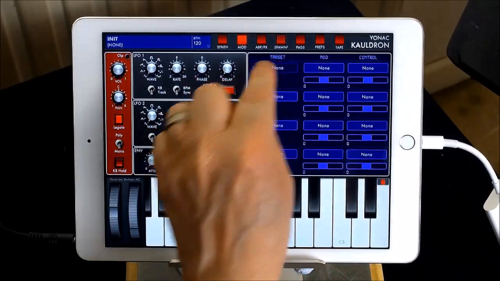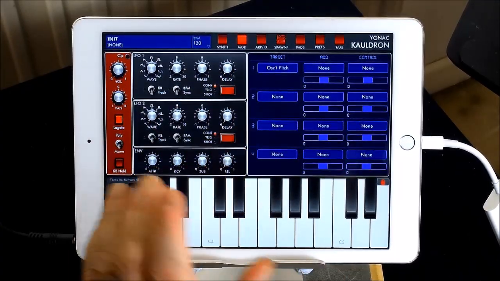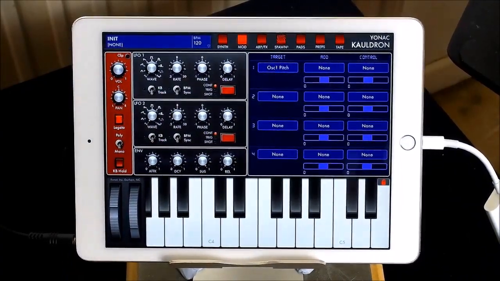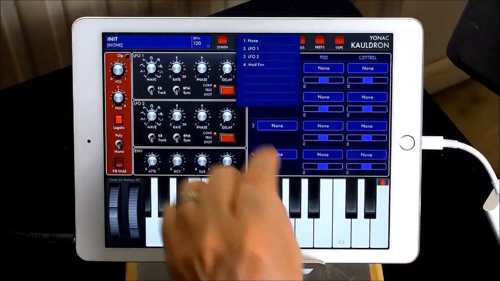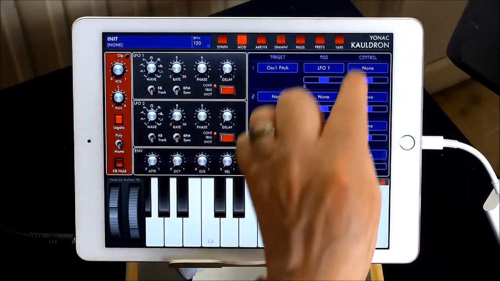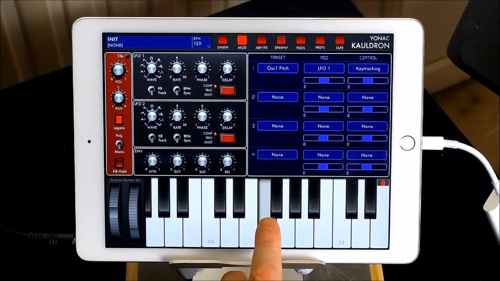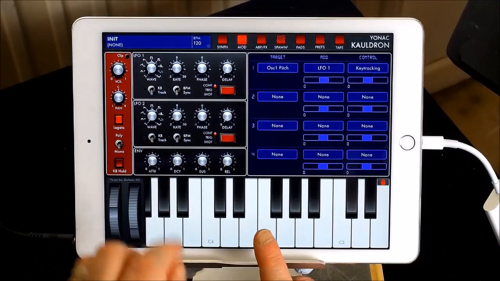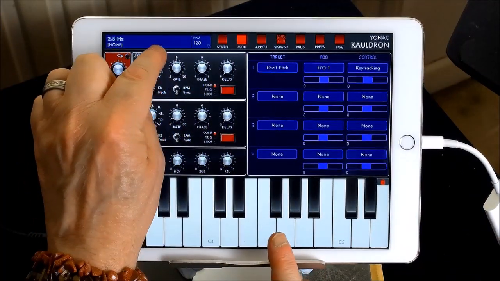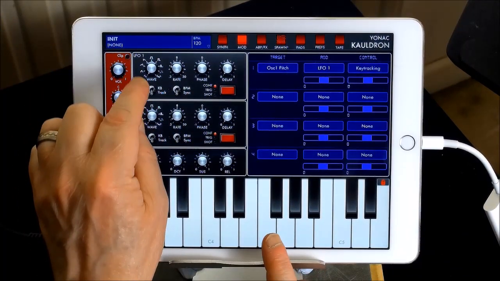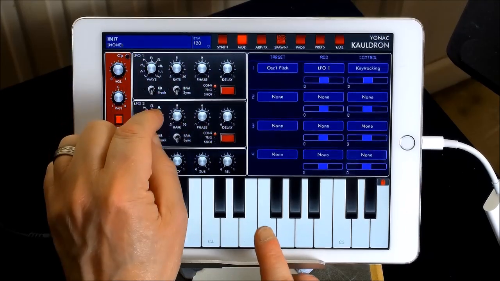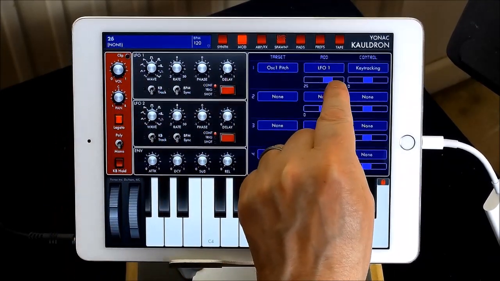Actually, we'll try oscillator 1 pitch, because we're using oscillator 1, and then we'll modulate LFO1, and then I'll do key tracking. Let's get some sort of rate, and then let's sort of